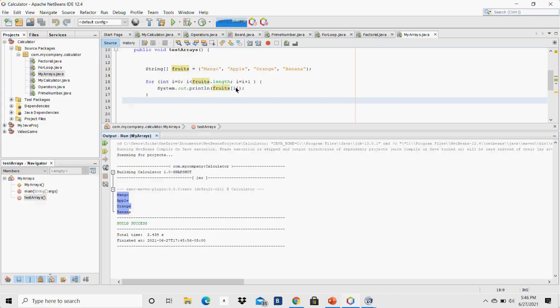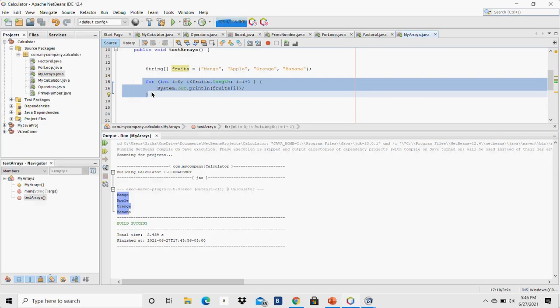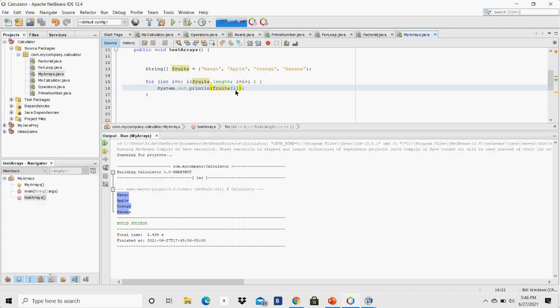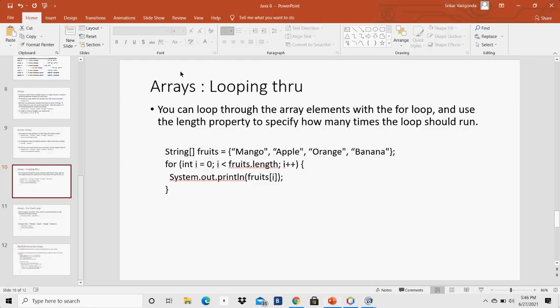Instead of writing fruits[0], 1, 2, 3, the 4 statements you require, you use one for loop. It may have 1,000 sometimes in that array, it may have 10,000. Instead of writing 10,000 lines, you are writing just 3 lines basically. It will print all of them present in that array. So this is very, very helpful. This is one way of accessing an array using an index. I is the index here, so I have fruits[0], fruits[1], fruits[2], fruits[3], like that. It can be fruits or numbers or anything, any array, right? So the next one is